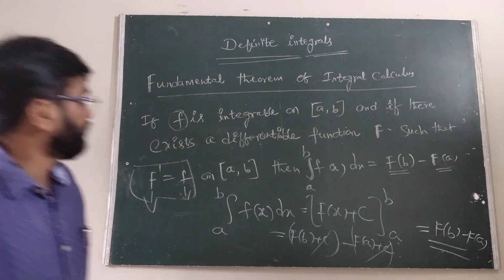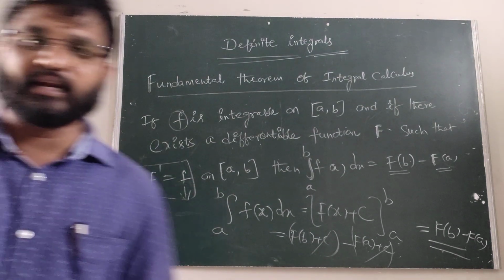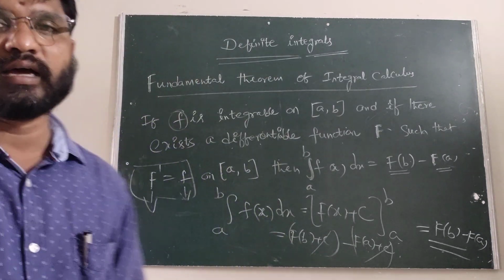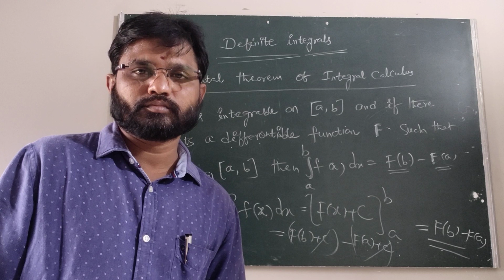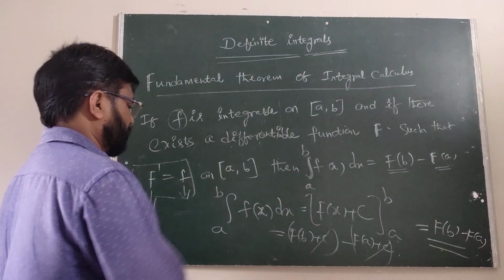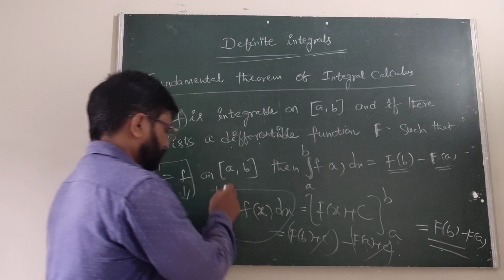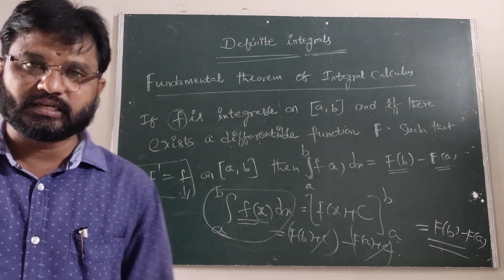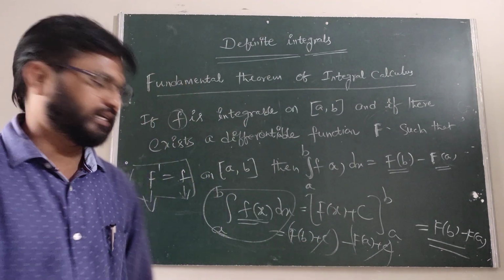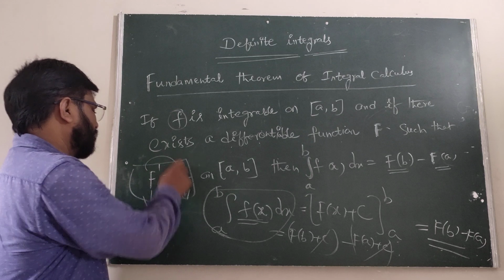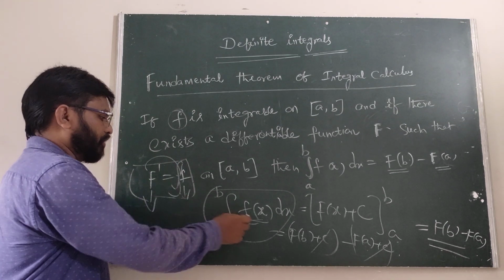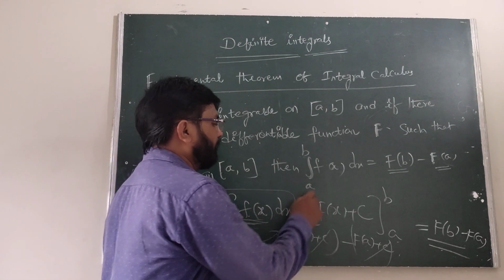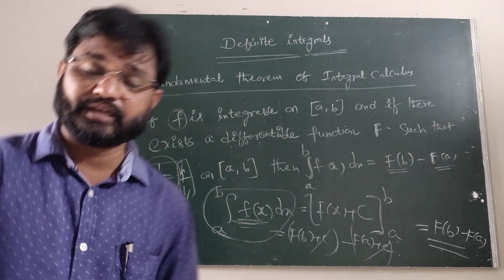This is called the fundamental theorem of integral calculus. Are you clear? What is this? This is the integral function. We know that the derivative of sin x is cos x, therefore the integral of cos x is sin x. That is why the derivative F dash is f of x, therefore the integral of f of x dx equals F of x plus c. The reverse process of differentiation is called integration.